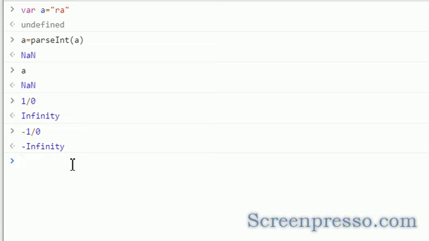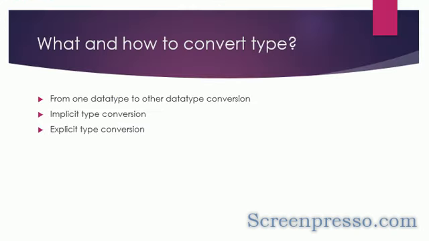These are the features of JavaScript type conversion and values. I hope you are clear with the type conversion. For more type conversion methods, you can refer to Google, because there is a huge number of type conversion methods. Whenever we need, we can refer to that. I hope you understand that. Thank you.